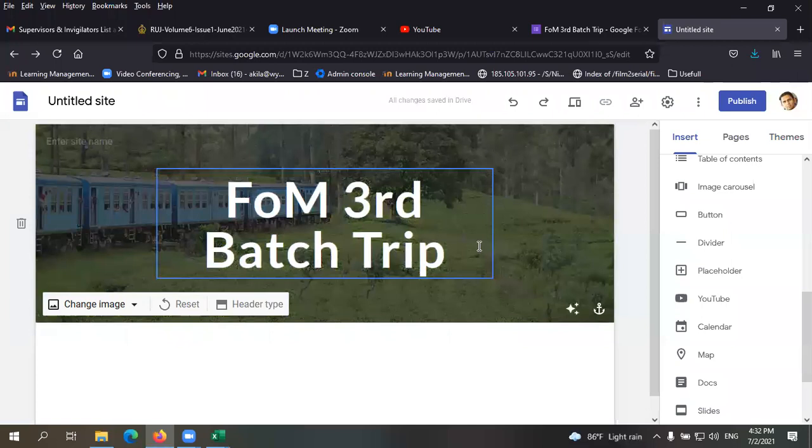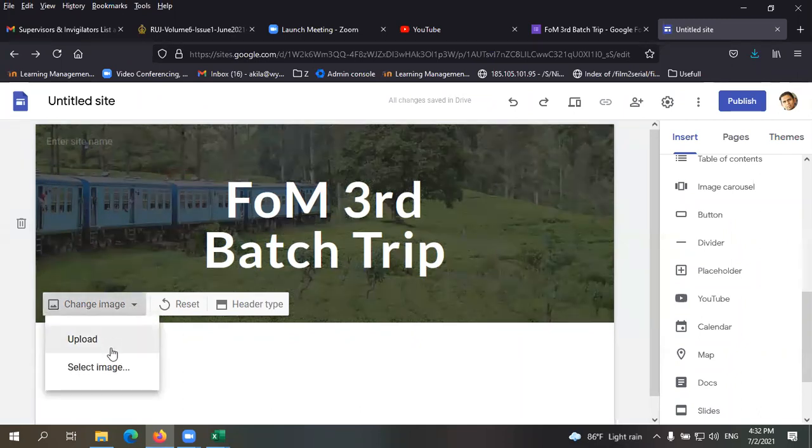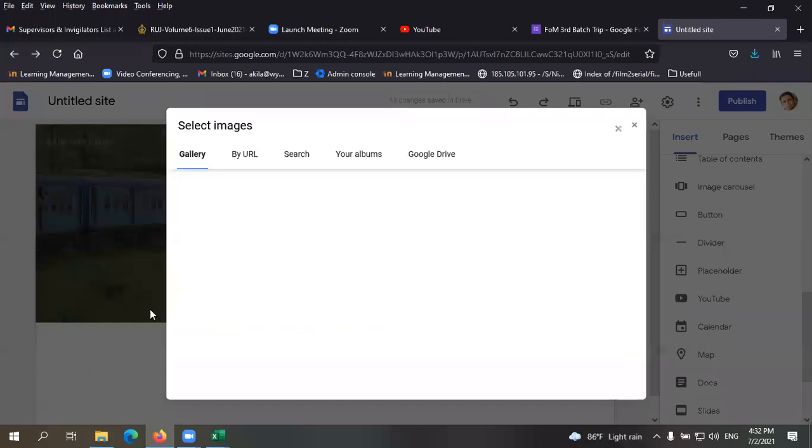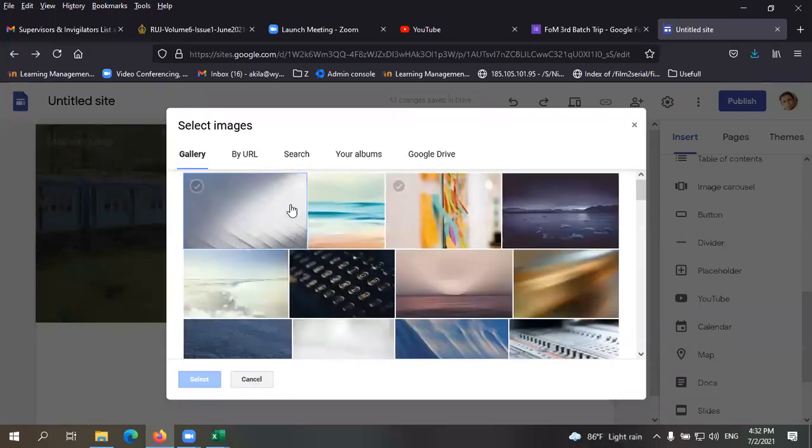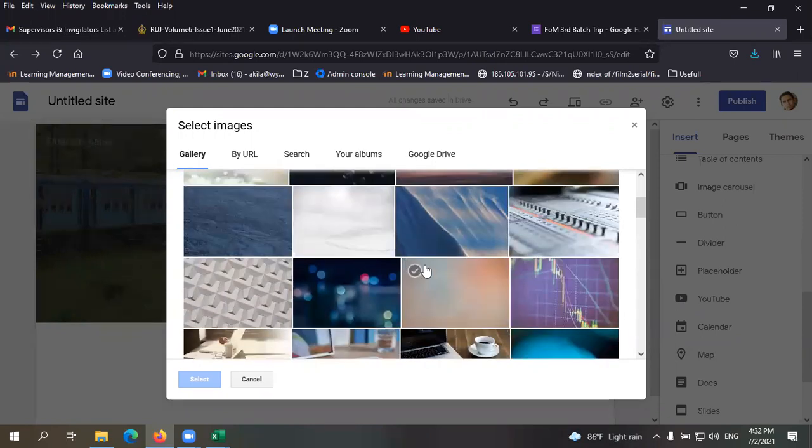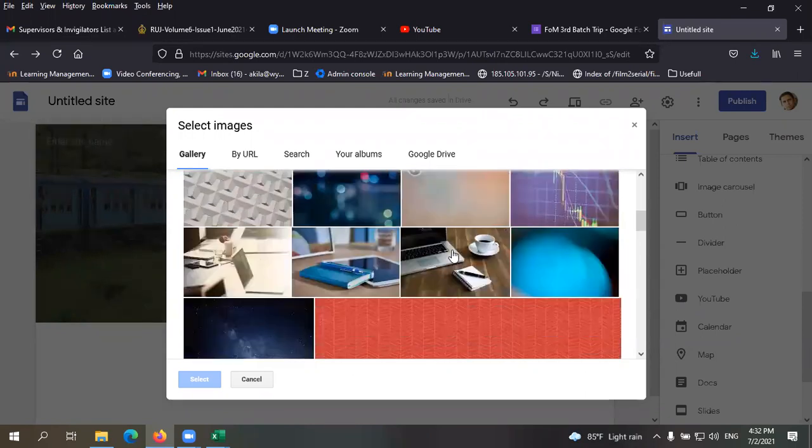Sir, are there specific dimensions for the image? Yes, actually. So what you can do, you can select the image and you can see these general images. From these images, you can get the dimensions, right? I also have measured that one.